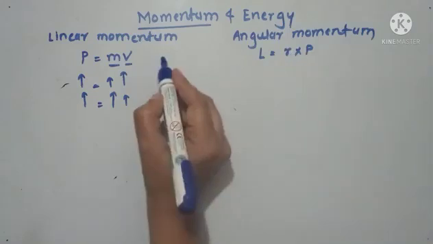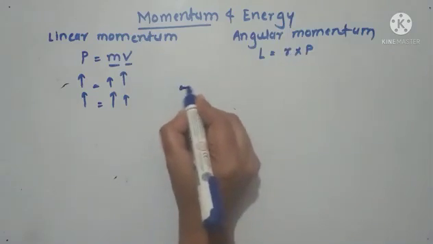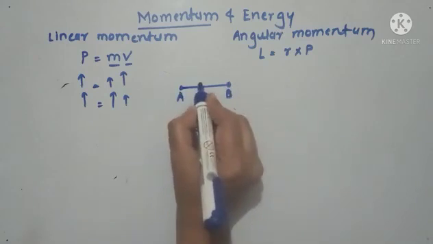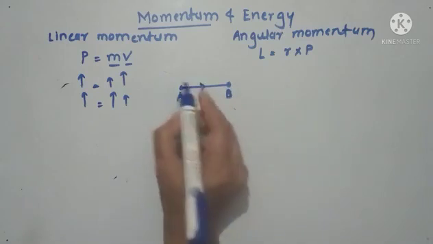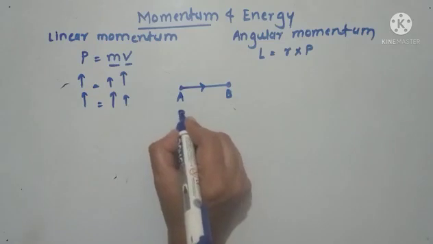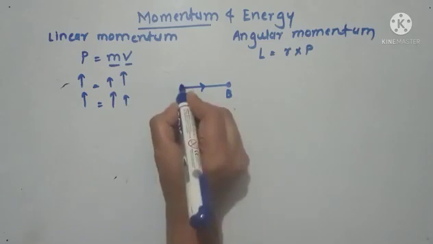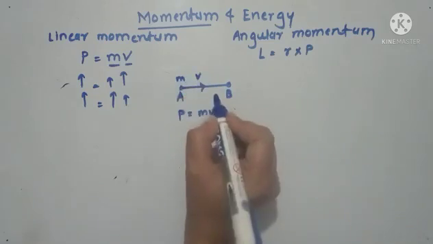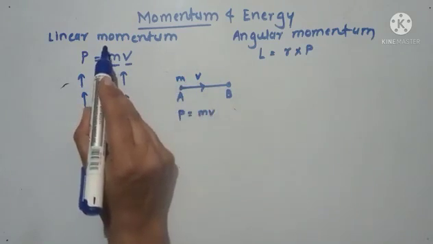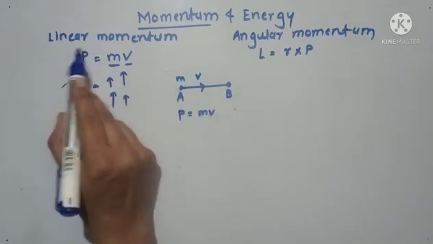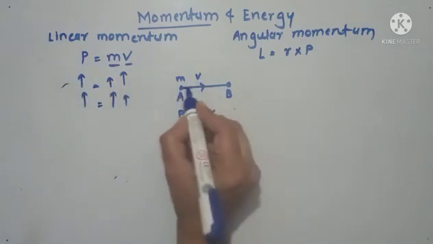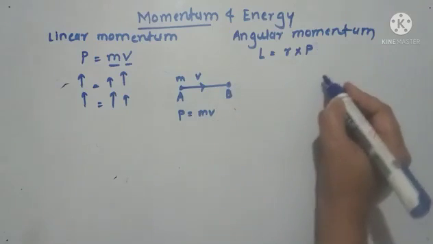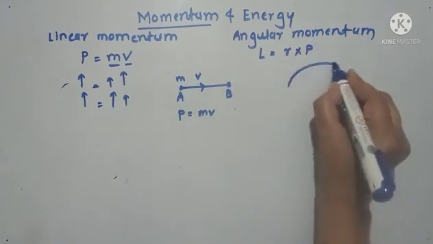For example, suppose this is a particle which is moving in a rectilinear motion and it is going from A to B, then it is said to have the linear momentum p is equal to m into v, if the mass is m and it is moving with the velocity v. So the linear momentum is associated with the rectilinear motion, when the particle is moving in a straight line,